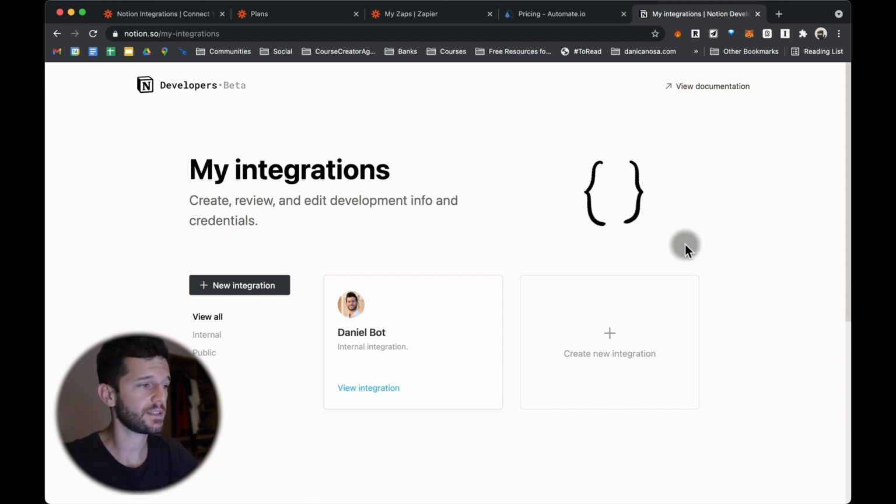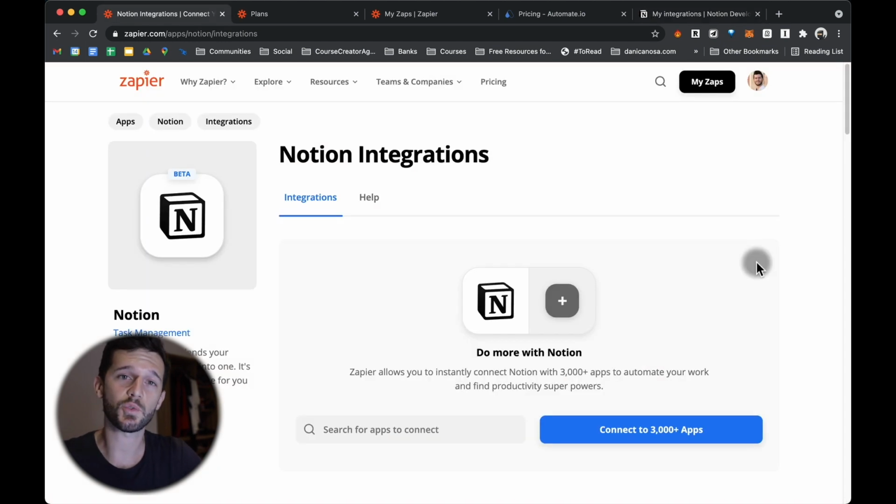And if you want to see the integrations that you already have created, you can always go to notion.so/myintegrations. And here you will be able to create a new one or to view the integrations that you have already created. Now, as I said, as we are able to hook our Notion with apps like Zapier, which is going to be the one that I'm going to be using